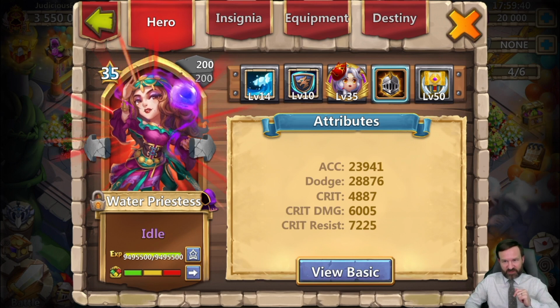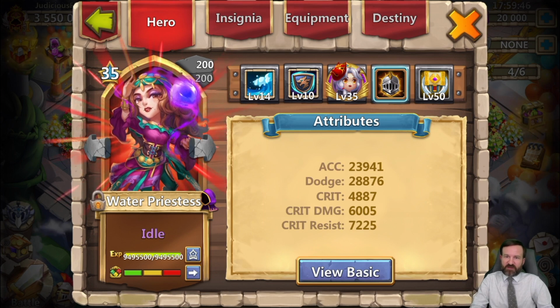But please beware generalists. Try to make sure that her dodge is really, really high. That's what I did here. Kikutsuni will boost that even more in combat. Crit damage, not worried about. Crit resist, like that very much. Water Priestess,